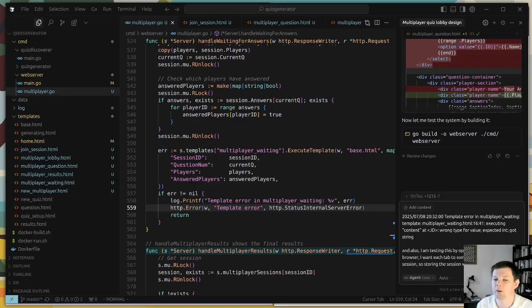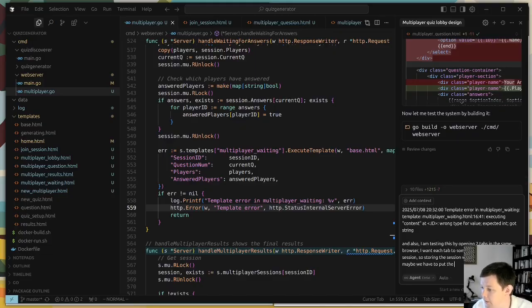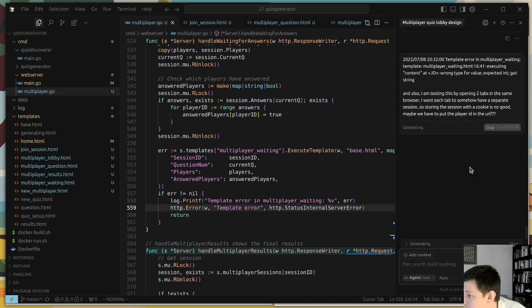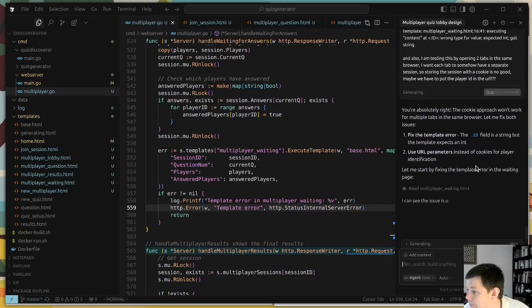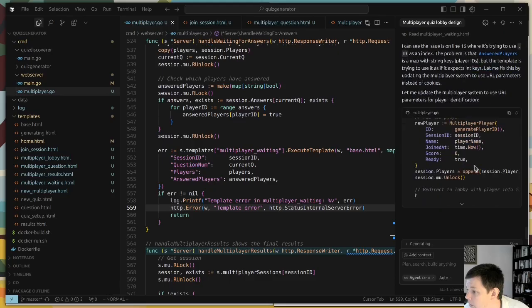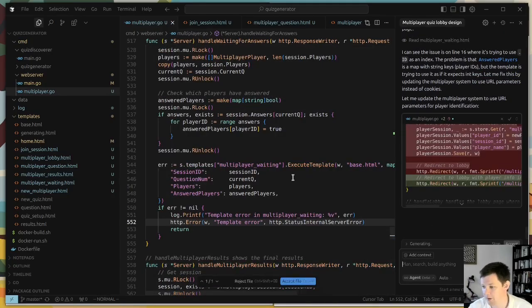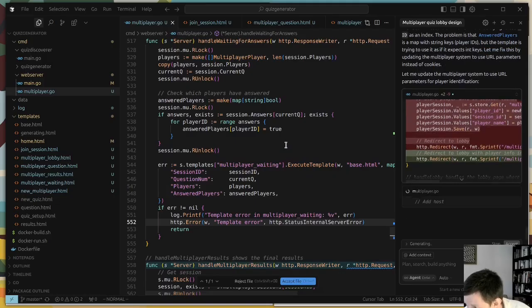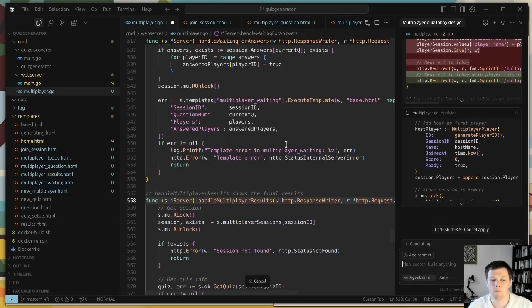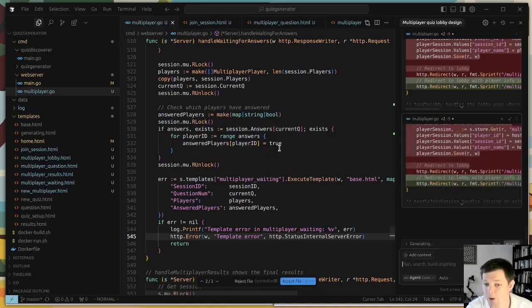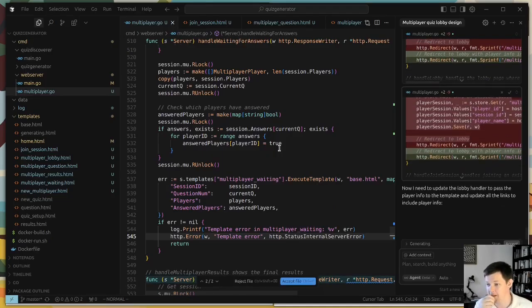But what else could you do with Web 1.0, of course? Maybe we have to put the player ID in the URL. I don't really want the player ID in the URL because, firstly, you're probably going to write a bug which lets other players answer questions under your name, and secondly, it